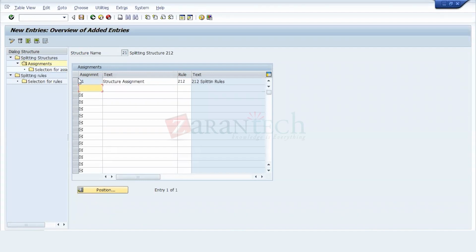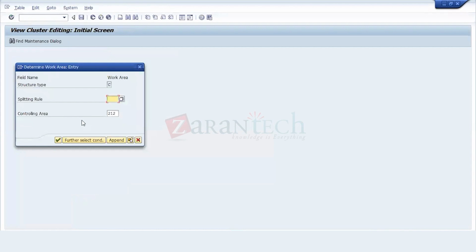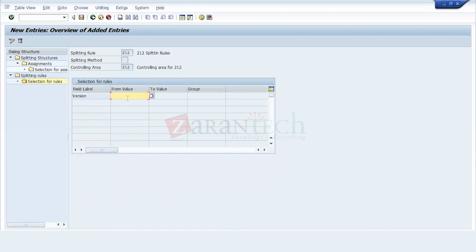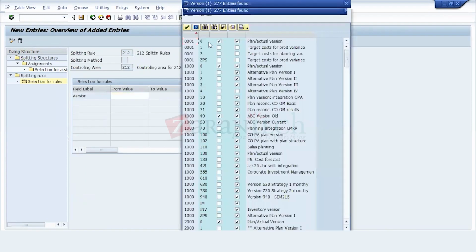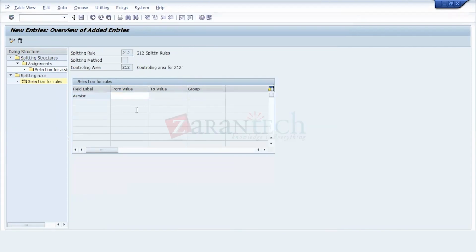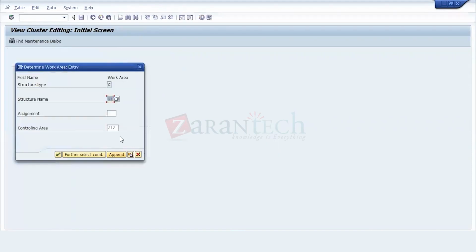Then splitting rules, version, we have our version, plan version is 0 version for the company code controlling area. So this is something which we have to do here. Then selection for assignment,